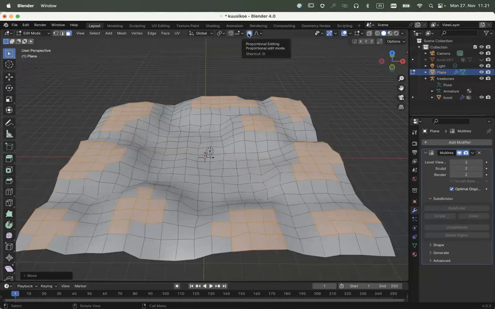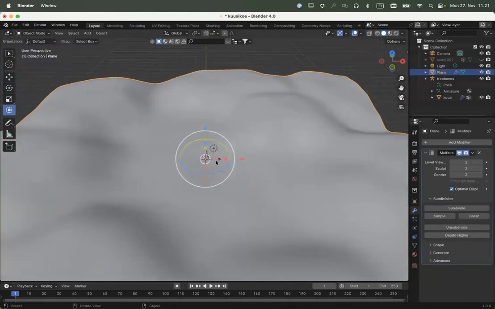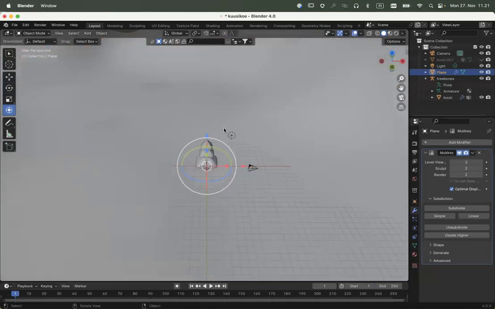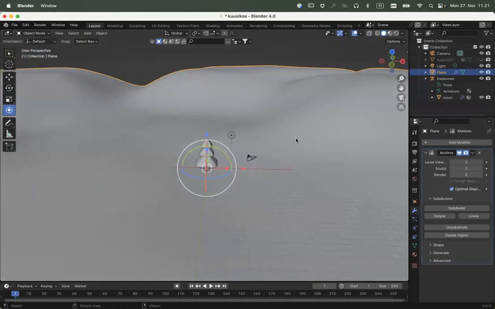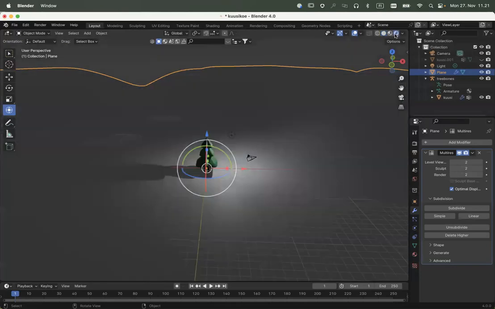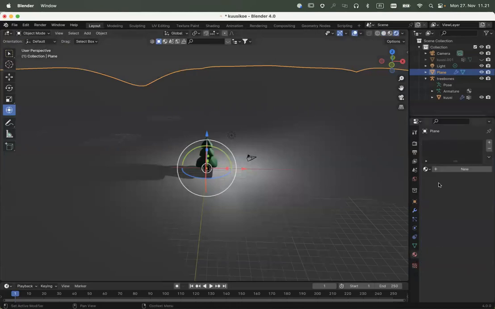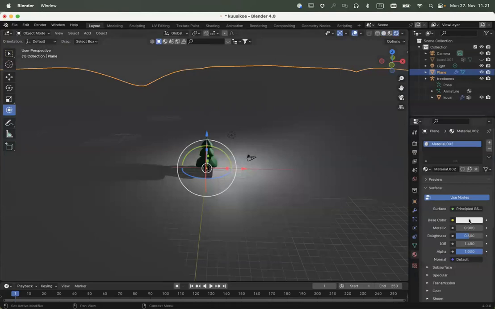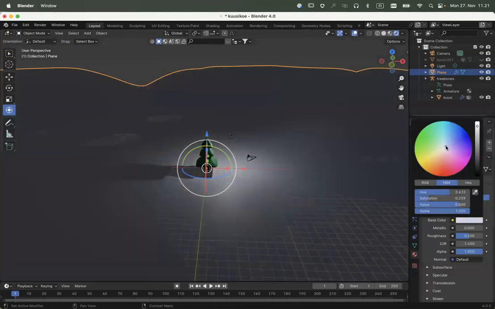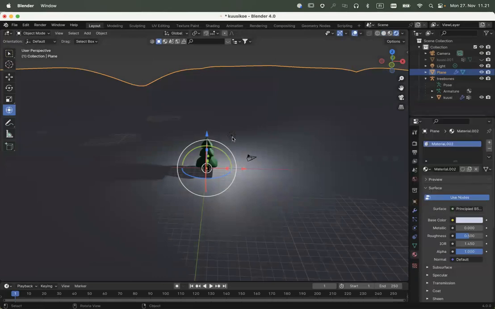And let's click away proportional editing for now, and I'll go away from edit mode and into my world. And it's time to do something with those colors and materials and lights. So it all looks pretty drab now. So this will get a slight blue tinge, and I want